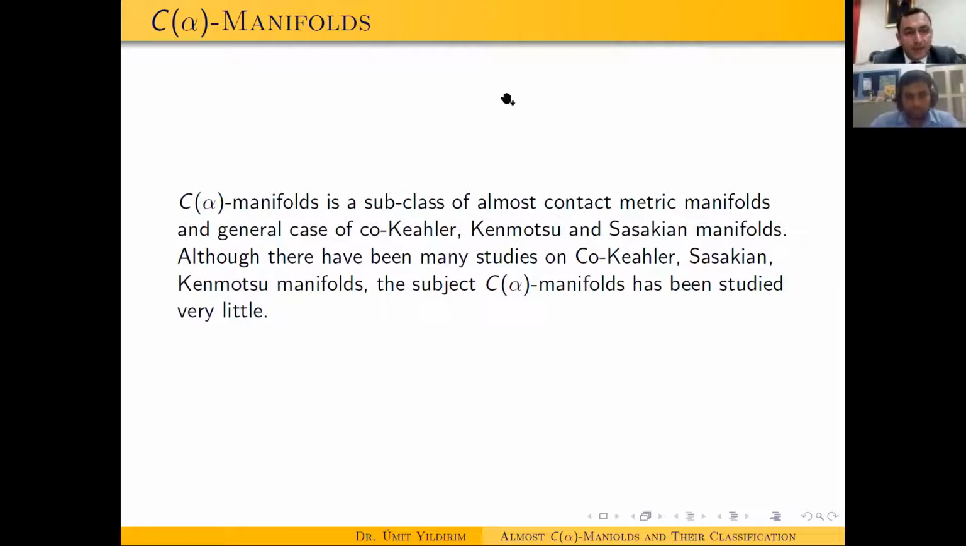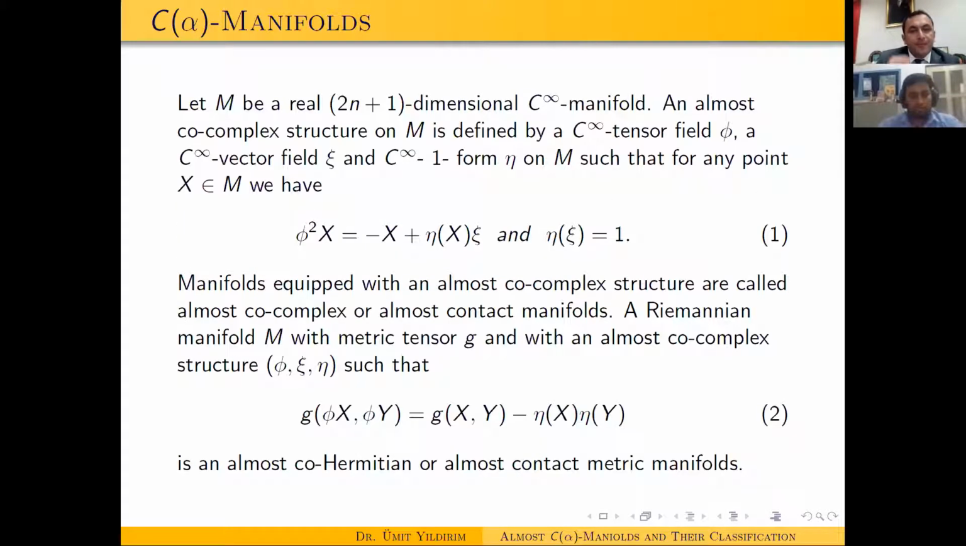C-alpha manifold is a subclass of almost contact metric manifolds and a general case of cosymplectic, Kenmotsu, and Sasakian manifolds. Although there have been many studies on Kähler, Sasakian, Kenmotsu manifolds, the subject of C-alpha manifolds has been studied very little. What are C-alpha manifolds? Let M be a real 2n+1 dimensional C infinity manifold, and